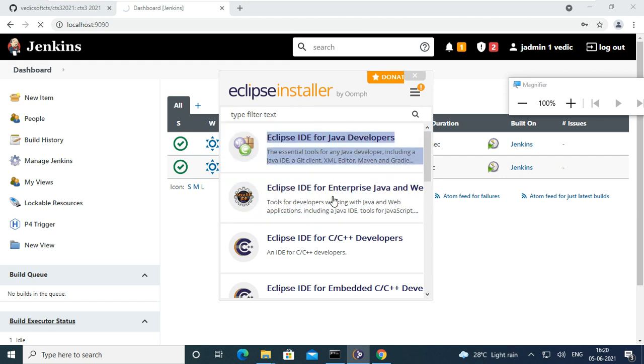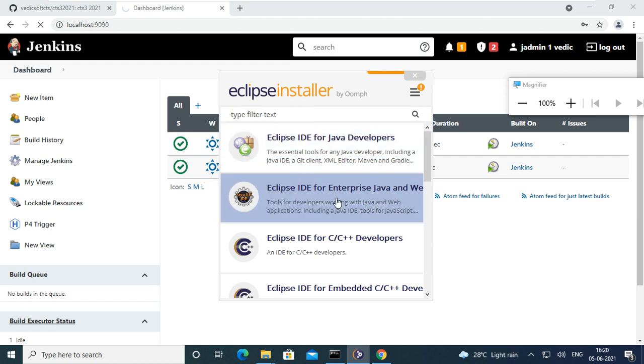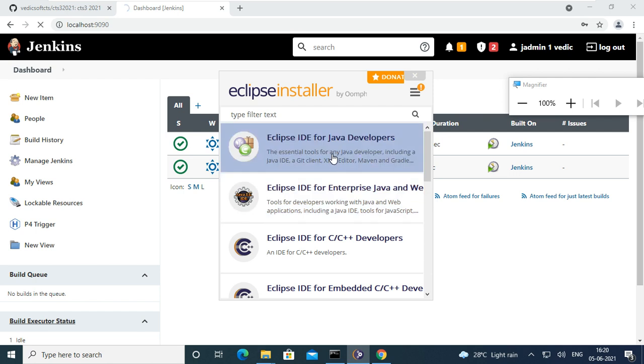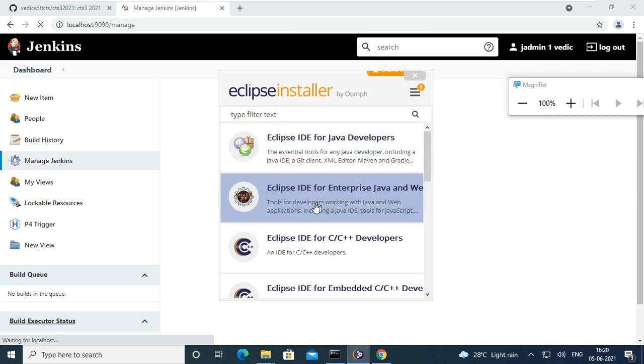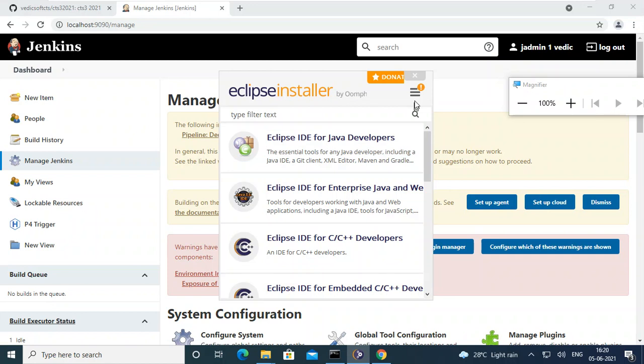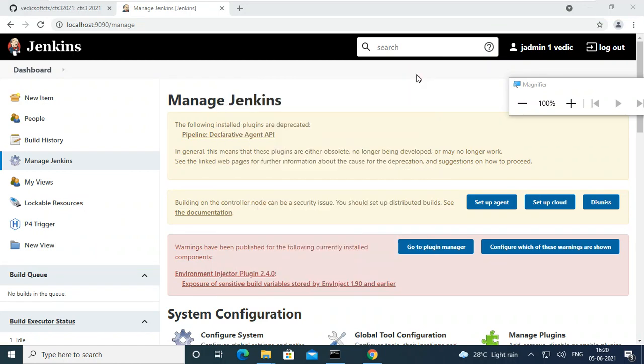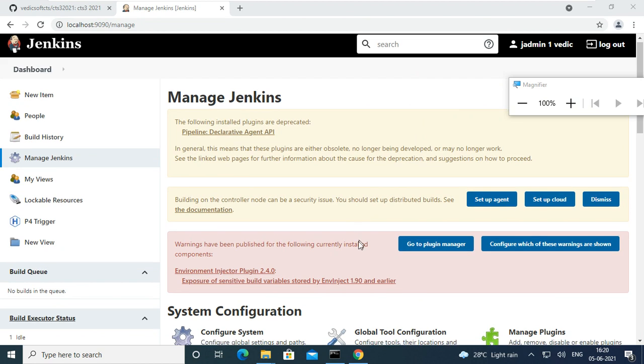If you want enterprise Java kind of stuff, you can install that one. If you just want Java Maven kind of stuff, this is enough. You don't require the other one. You click it and follow next, and you can install Jenkins Eclipse.